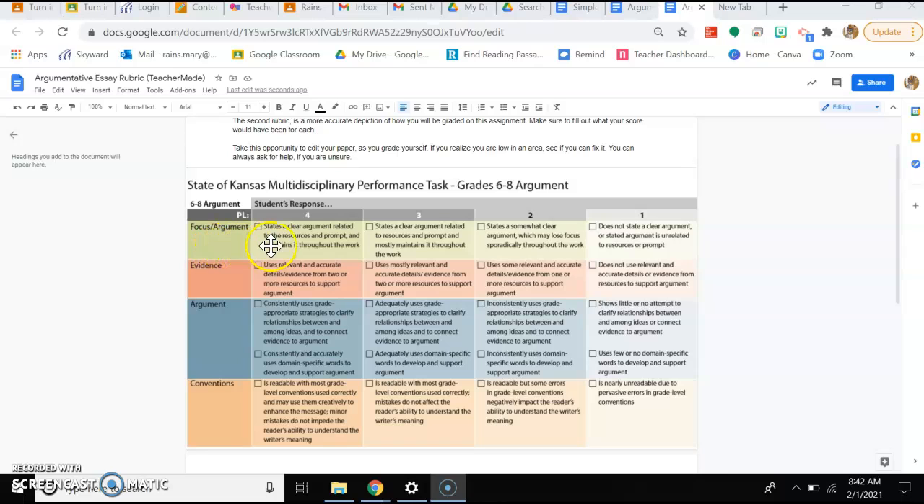So focus and argument. The focus and argument states a clear argument related to the resources and prompt and maintains it throughout the work. So this basically means, do you have a thesis that's clearly stated, and in each one of your transition sentences, are you continuing to restate the question and answer it with one of those reasons? So if you followed that template that you were given, and you've done the thesis how you were asked to do, and you've done the transition sentences how you were asked to do, that's what you'll get a 4